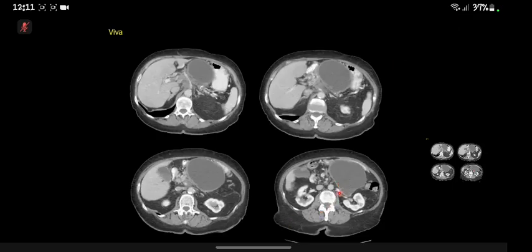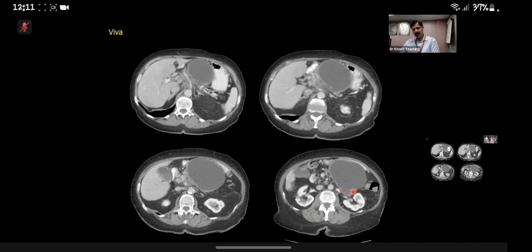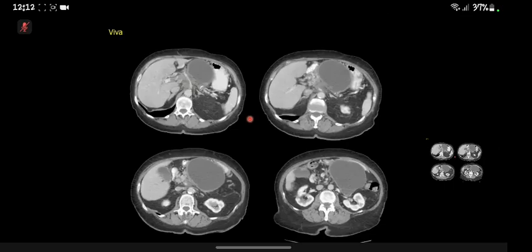If you look carefully, look here, there is an enhancing septa inside. In a pseudocyst, there can be debris, etc. The outer wall of a pseudocyst can enhance, but there should be nothing enhancing within the cyst, number one. Number two, look at this soft tissue. This soft tissue actually is encasing the celiac axis. This is classical tumor. And that tumor is going into the portal vein also. So this is a very good case, malignant transformation of, so you'll just say that this is a malignant mucinous